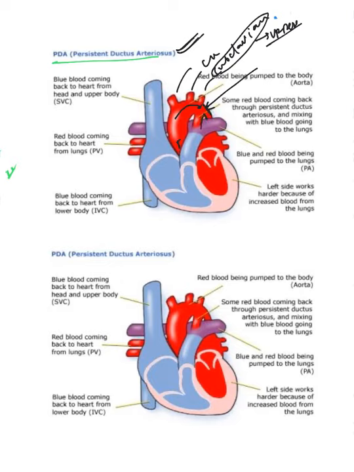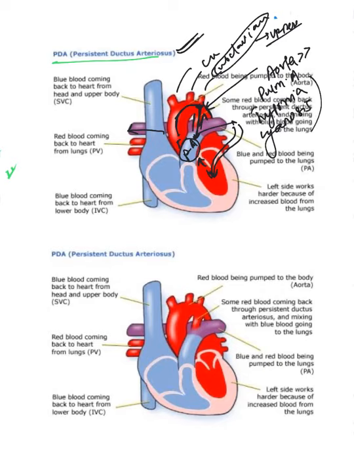So the ductus arteriosus connects the descending aorta to the pulmonary artery, and at birth the pressure in the aorta is more than the pressure in the pulmonary artery. So whenever blood flows during systole in the aorta, some of the blood comes back to the pulmonary artery through this connection. It goes again back into the lungs and then through the pulmonary veins comes into the left ventricle and is pumped back again. So at birth there is no hypoxia or cyanosis because the pure oxygenated blood is entering the systemic circulation and